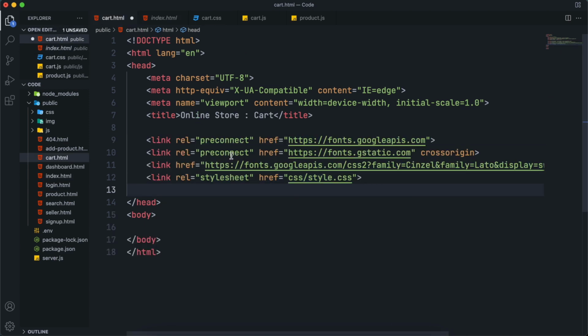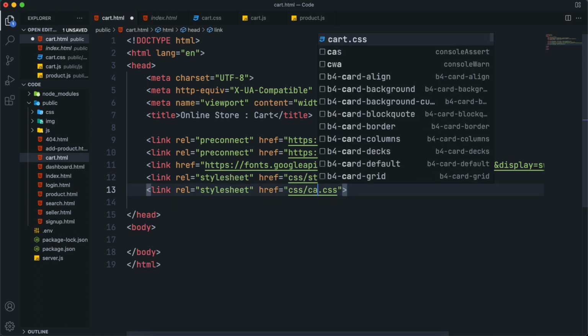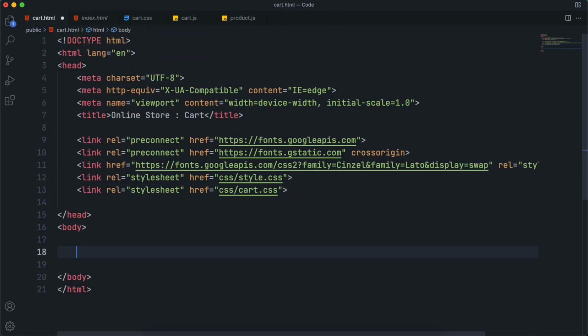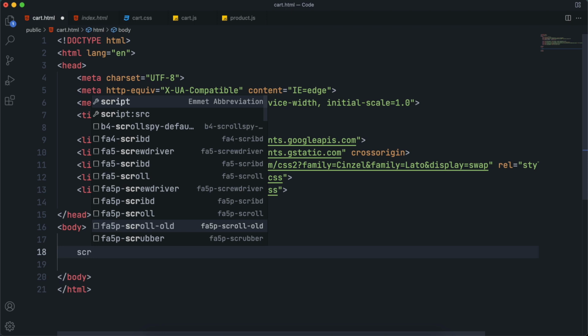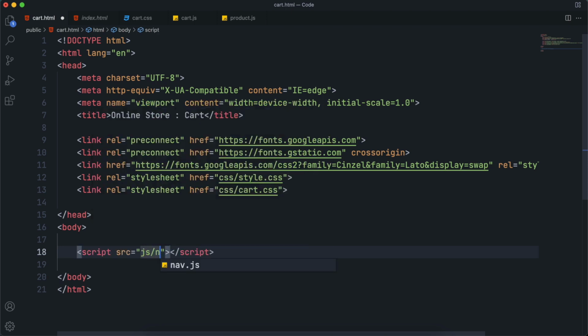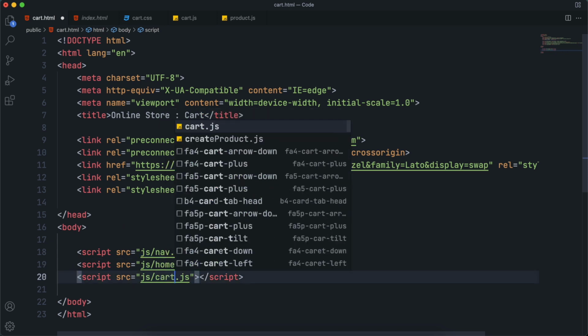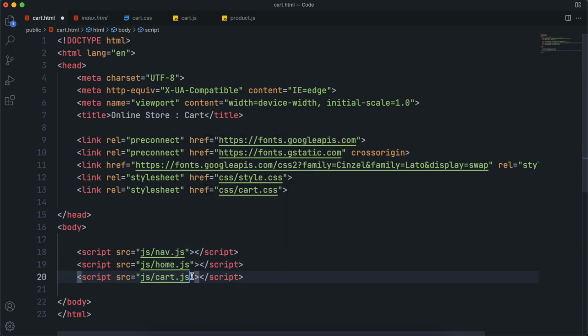So we'll have the style.css file and the Google Fonts, and along with that also add the cart.css file. After that, add some JavaScripts. The first one we will add is navbar, nav.js. The second is home.js, and the third cart.js. We need these three JS files here.